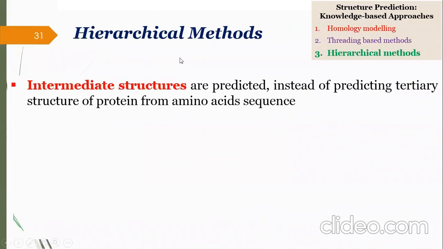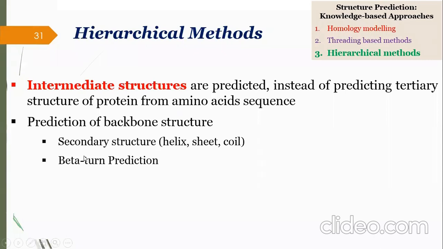And in the hierarchical method, this is the third of the methods, instead of predicting the tertiary structure, intermediate structures are predicted. The secondary structures are actually predicted from the amino acid sequence. So here the tertiary structures are not predicted. Here the intermediates are first predicted, and